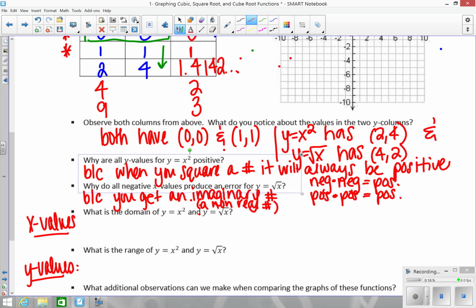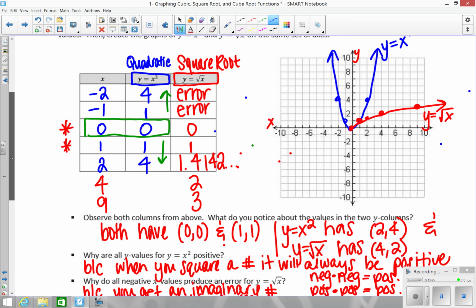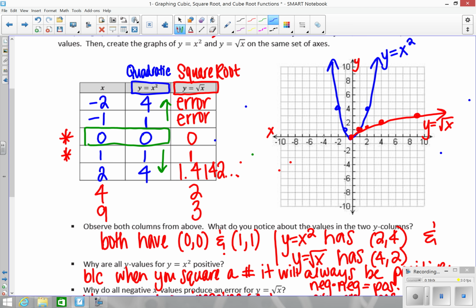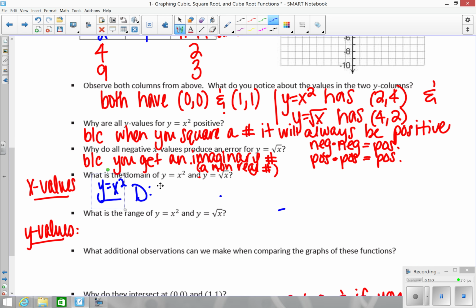So the first one, let's look at our parabola. When we're looking at y equals x squared, the domain, so let's look. It has arrows on both sides, so eventually, if I'm looking at the x values, I can plug in any x value and I'll always get a y value. So the domain for y equals x squared is going to be all real numbers. It'll always exist. So the domain for this will be negative infinity to positive infinity,